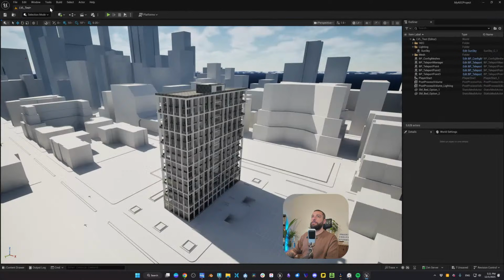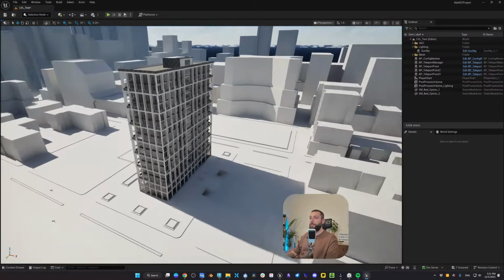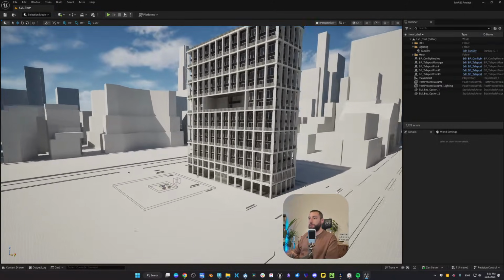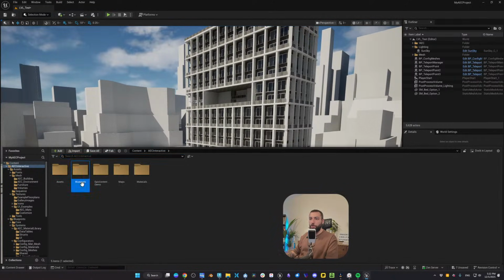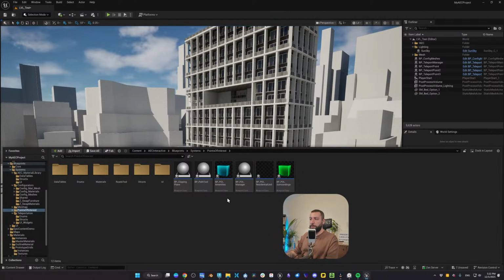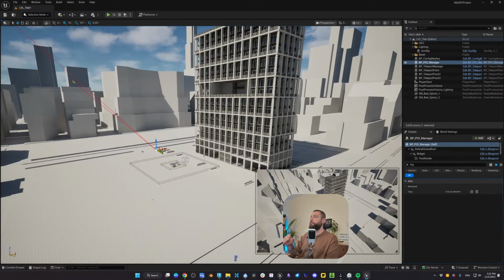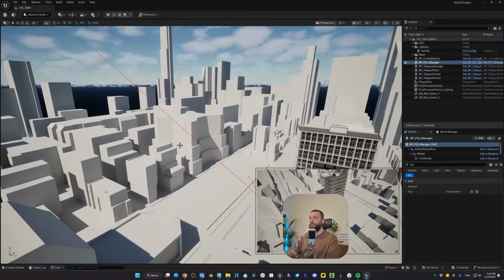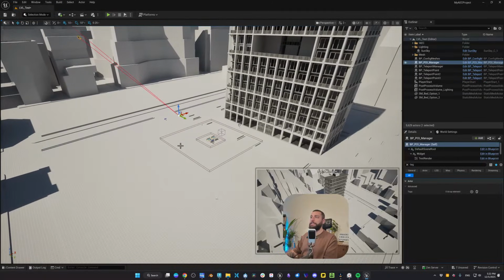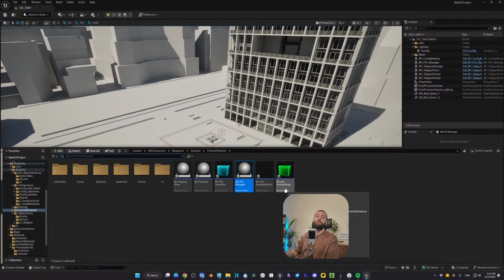So let's close this. And let's go back to blueprints, systems, and let's click on the points of interest. So we have amenities and units, residential, surroundings, and so on. And the POI manager. This is important, similar to the teleport manager, we have a points of interest manager. Basically what this does is sorting through all the actors in our level and creating dynamic menus. I'm going to show you what I mean.